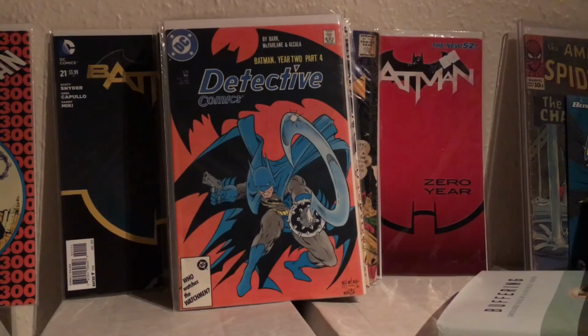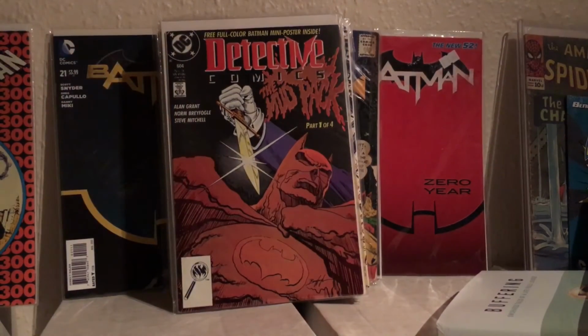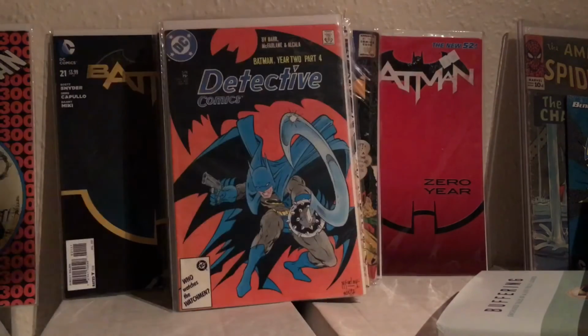And then this is just a random issue. This is 604, part 1 of the Mud Pack, and the reason that I bought this was because I can't even remember. Oh, a mate of mine had it,